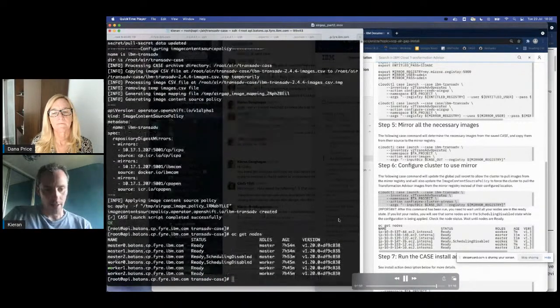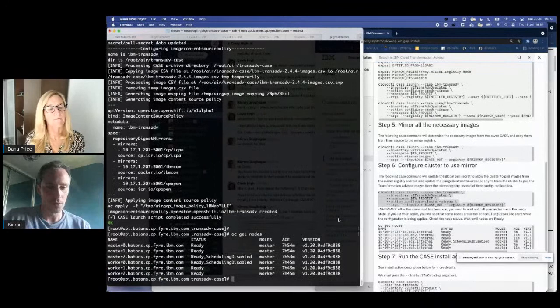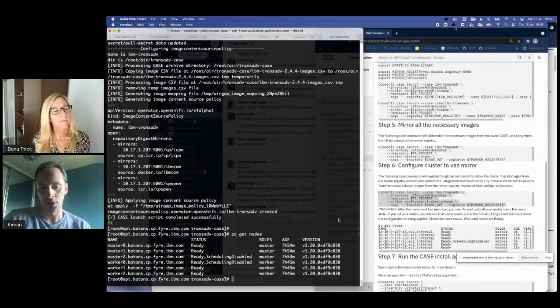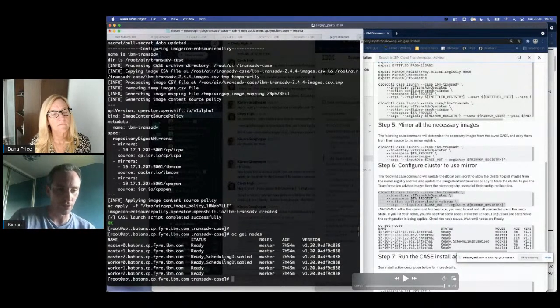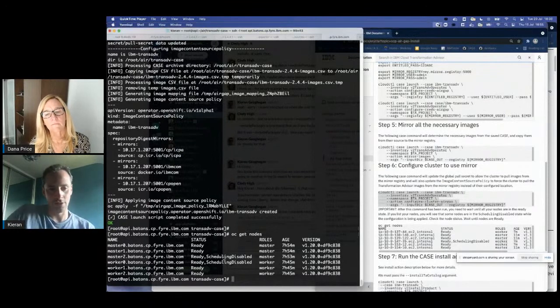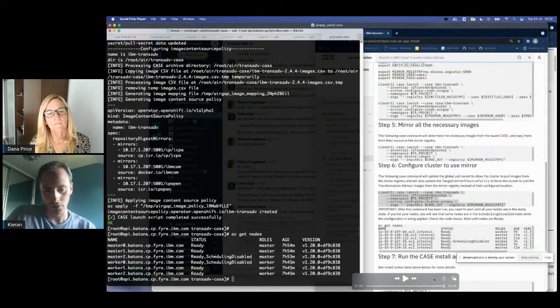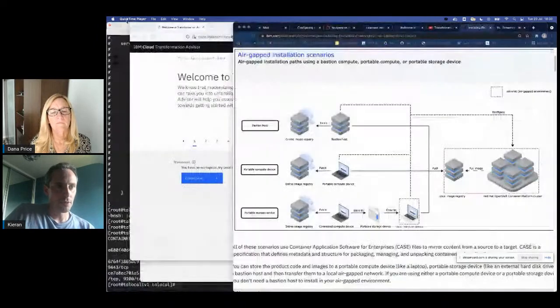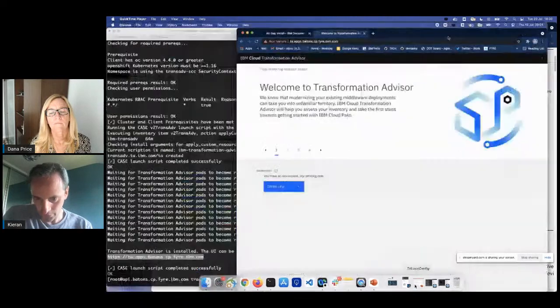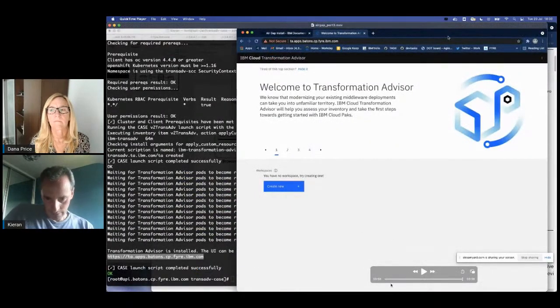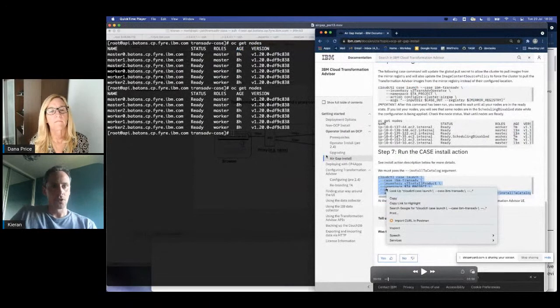And that configuration takes some time to apply, so it needs to drain each of the nodes. If you do an oc get nodes there, you'll see the status of the nodes, and you'll see that scheduling is going to be disabled for the nodes. It's going to cycle through all of those nodes. Eventually, when that gets completed, we'll see all our nodes are ready, and at that point, we're ready to go ahead and do the actual